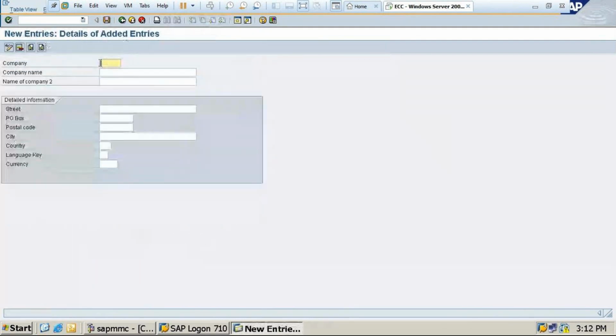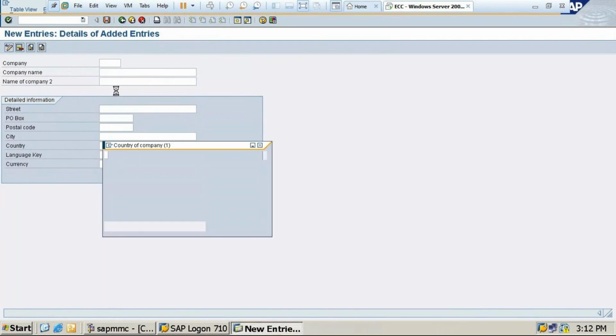So here you should give the company code. Company code is very important. It can be alphanumeric. It can be anything. Name of the company and the details. So if you find this pop-up button, it means that it has the options of that particular menu. Here either you can type, or if you have no idea about what to be selected, what is the code or something, you can go for this pop-up button and find out which options are there.